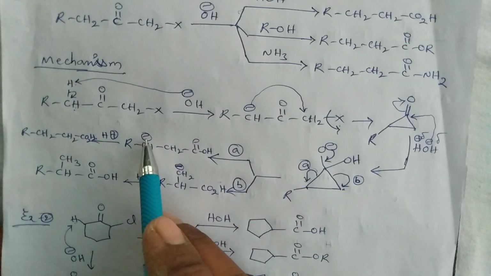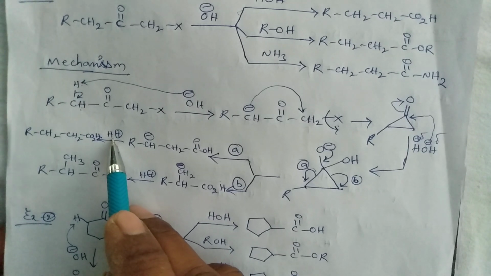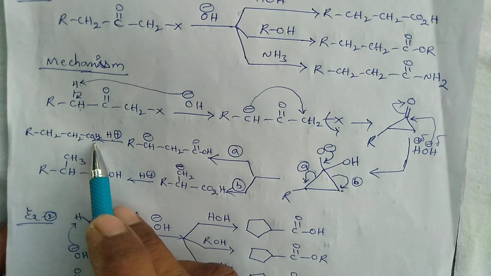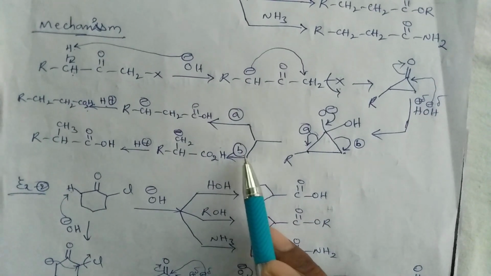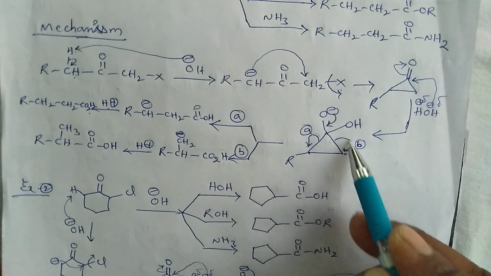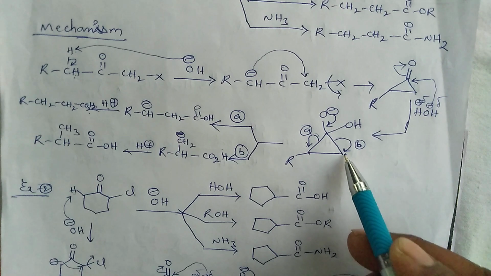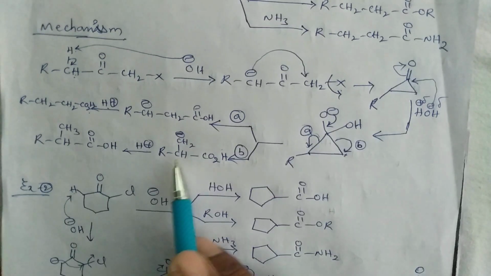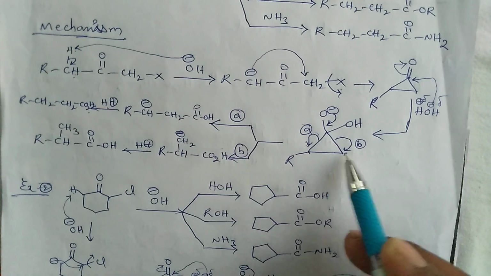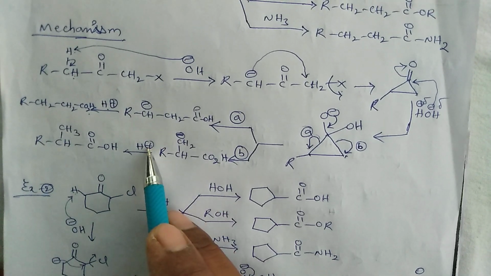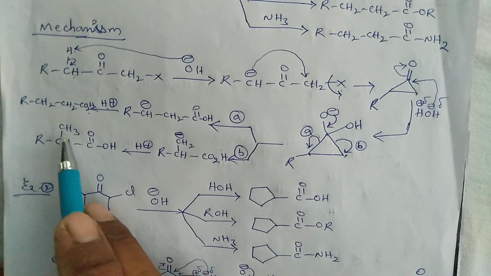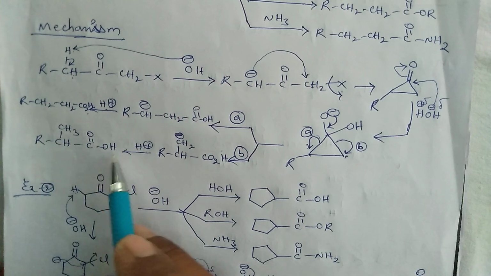So when this negative part of the carbon center is treated with the proton, finally the resulting product is a simple carboxylic acid. Okay, so here, if the ring opening takes place towards this carbon center, now this carbon gets the negative charge, so a substituted carboxylic acid is produced. Here this carbon gets negative charge, so the negative part of the carbon center abstracts the H plus ion from acids and produces substituted carboxylic acid.